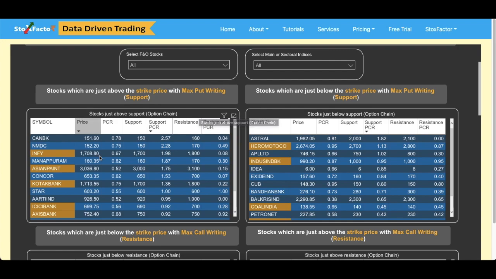So this table filters all the stocks which are just above their support levels. Now adjacent to that, you will find the second table. This table filters down those stocks which are just below the support level, right? Just below the support level in the same range. Now why have we shown these stocks? Generally what happens, you might have seen that stocks come just below the support level for a day or two and then immediately bounce off from those levels.